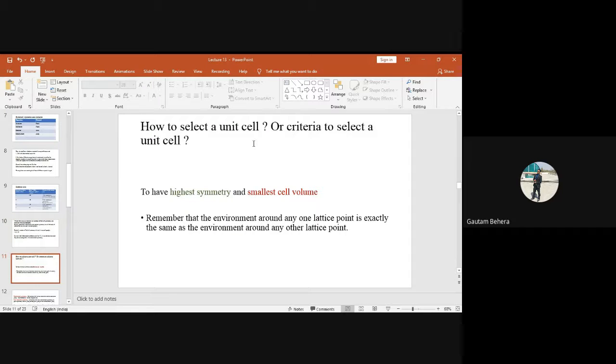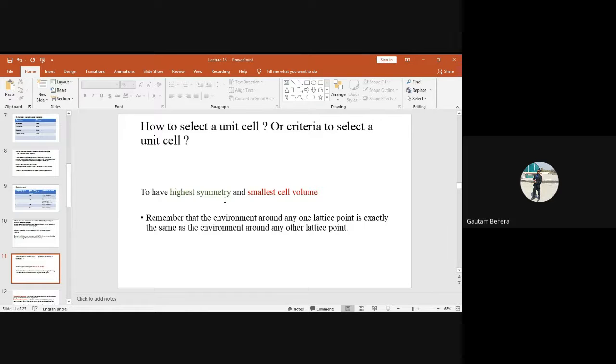Now, how to select a unit cell? How many of you remember, if I choose an infinite size of a lattice, how many unit cells can we have in that infinite lattice? So infinite. Very good. We can have an infinite number of unit cells. But how to choose a particular unit cell? This is the answer. The unit cell chosen will be the one which has the highest symmetry. That's why we are studying this part. You should remember, we can have an infinite number of unit cells in a lattice, but which unit cell do you have to choose?